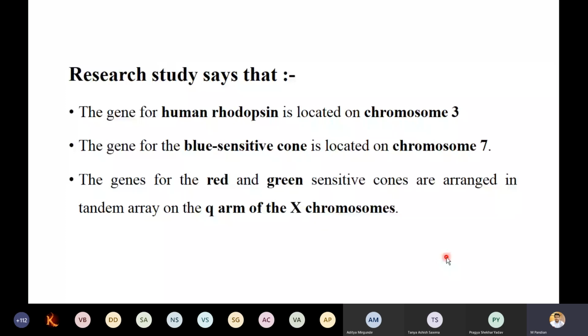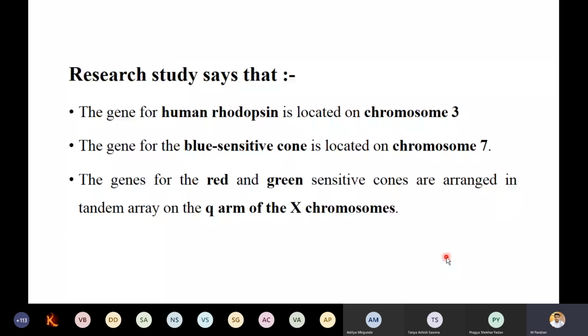So where rhodopsin is present, where the blue sensitive cones are present, and where red and green are arranged, those are a bit important. If you have any research work, you can do it.